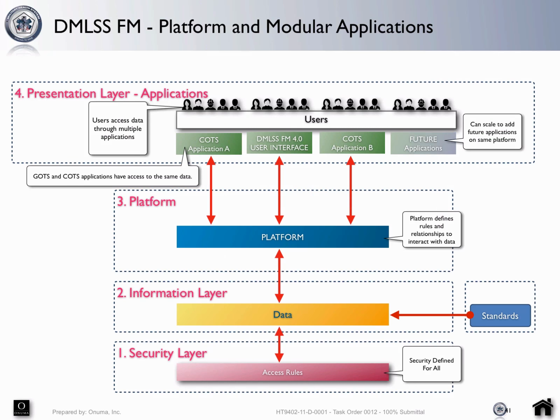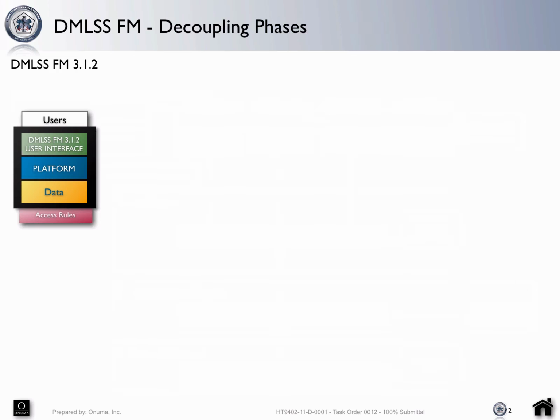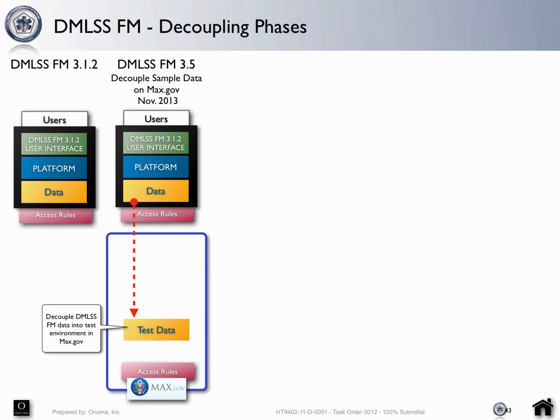And with this White House digital strategy document, the layering of the security layer, securing the data, creating a platform on top of that then gets used by COTS or GOTS applications, including DMLS, and opens it up for future applications to build functionality on top of that platform while using standards. So DMLS 3.12 kind of looks like this. It's the current application. DMLS 3.5 is about decoupling the data in the test environment,